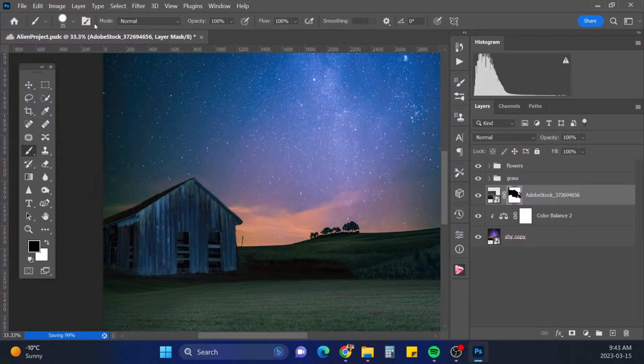Alright, I'm going to go to a softer brush in a minute here. Let's a little bit better. Okay, so go to a softer brush. I'm going to put this to 40%, and I'm just going to blend in the grass here a little bit.